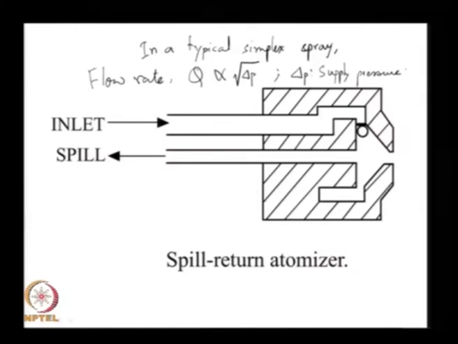It is essentially the difference in the pressure between the actual absolute pressure at which the liquid is supplied and the pressure into which the spray enters. Assume for a moment that the spray enters pure ambient conditions. So, delta P is the same as the gauge pressure at the entry to the nozzle,